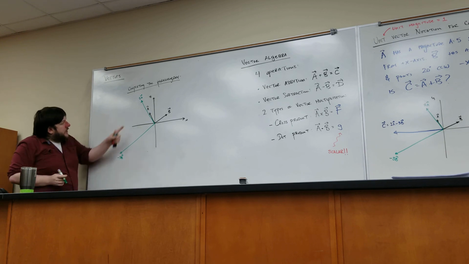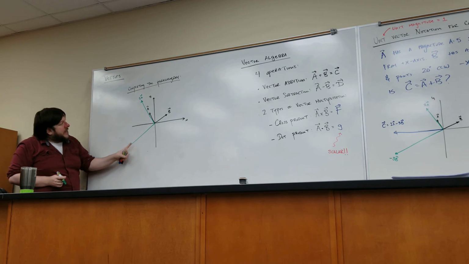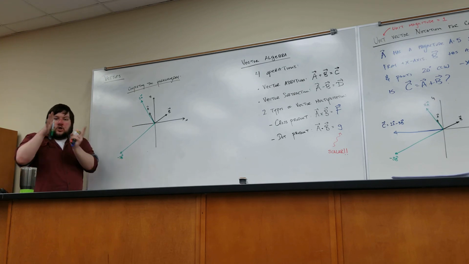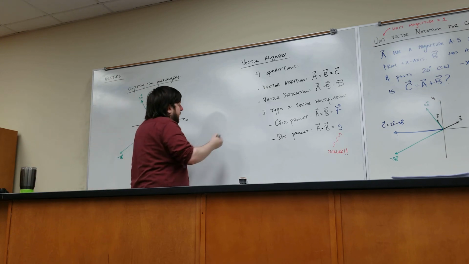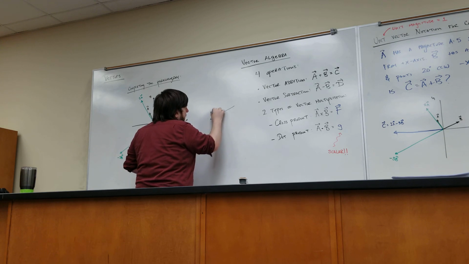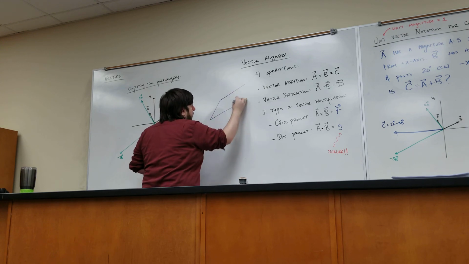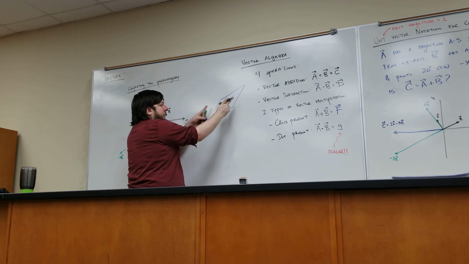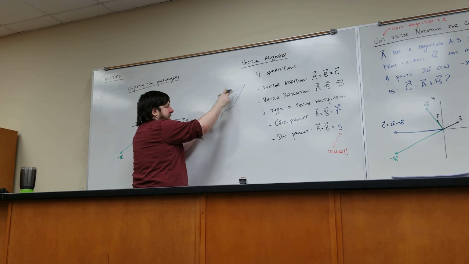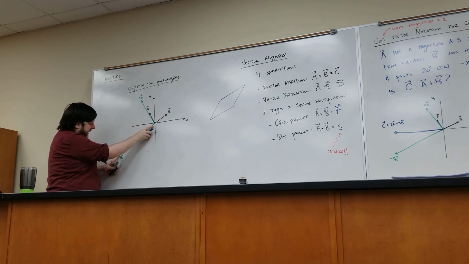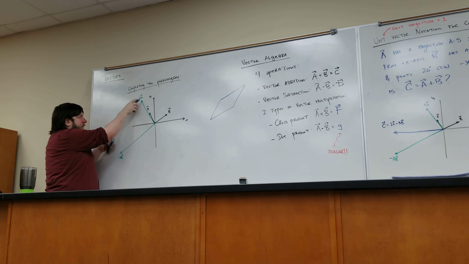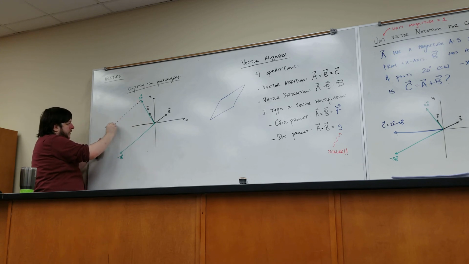And then what you imagine is that 2a and negative 3b are two pieces of a parallelogram. Okay, a parallelogram is a quadrilateral where opposite sides are parallel. So these two edges are parallel, same length. These two edges are parallel, the same length. So what I would do is I would imagine taking this negative 3b and drawing it from here. Okay? This looks the same as negative 3b. And I would imagine taking